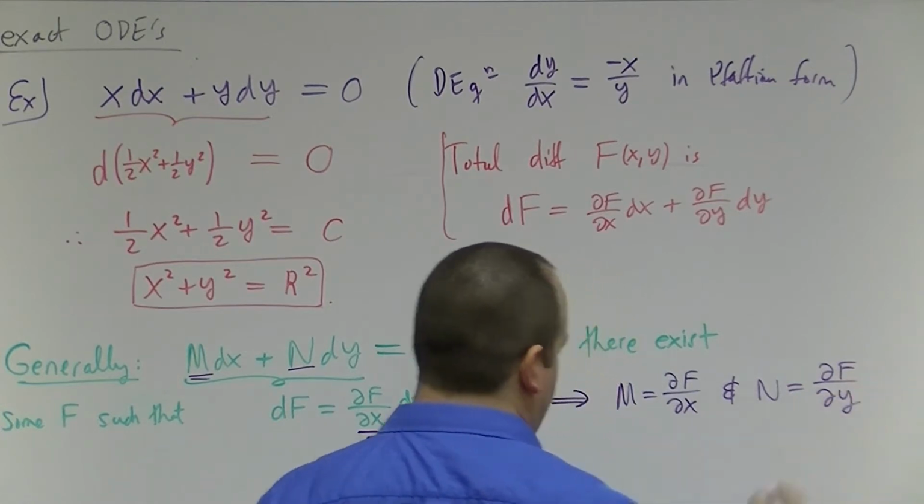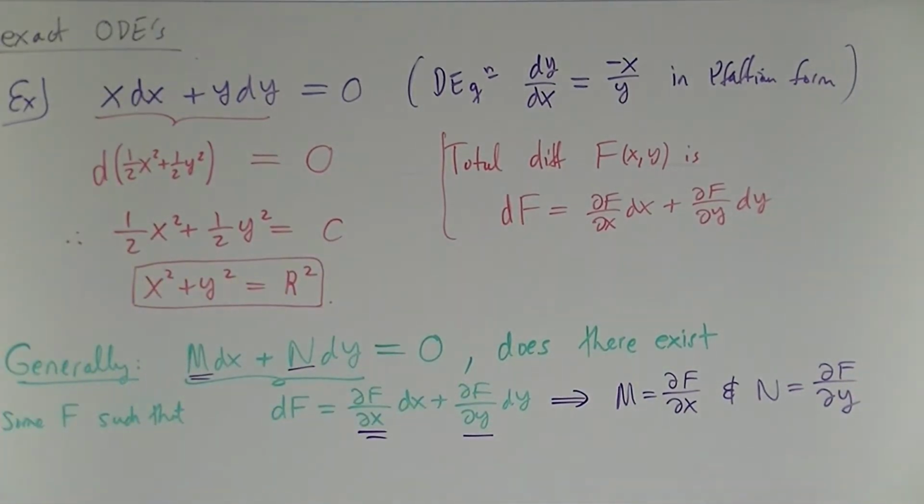Now, when you're searching for a criterion and trying to see whether something works, and you get these partial derivatives involved, one of the immediate things you should think about is the fact that partial derivatives commute. Partial x, partial y is equal to partial y, partial x, right? So if that's true,